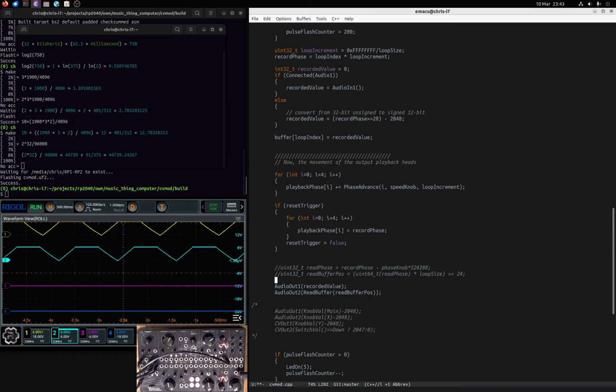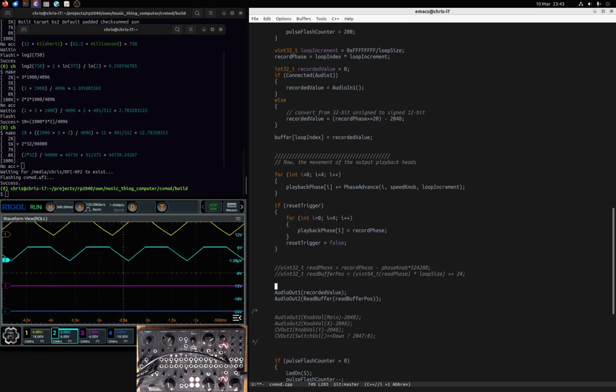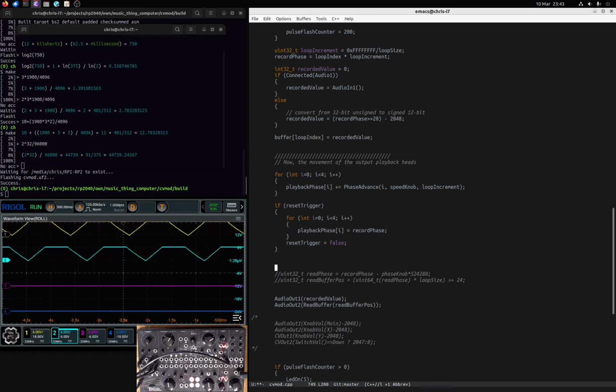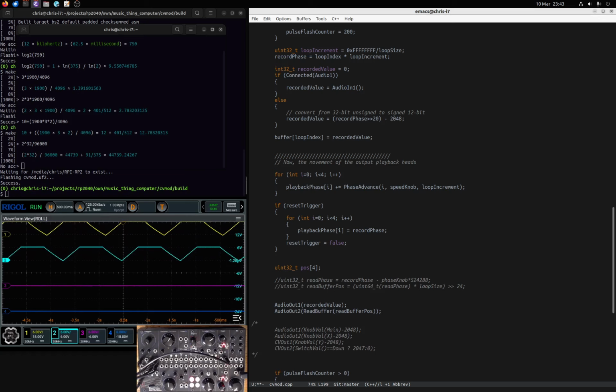I'll comment them for now, and we can actually just put all 4 phases in. Let's create a sample position, or sort of, so what are we doing here? We're sort of